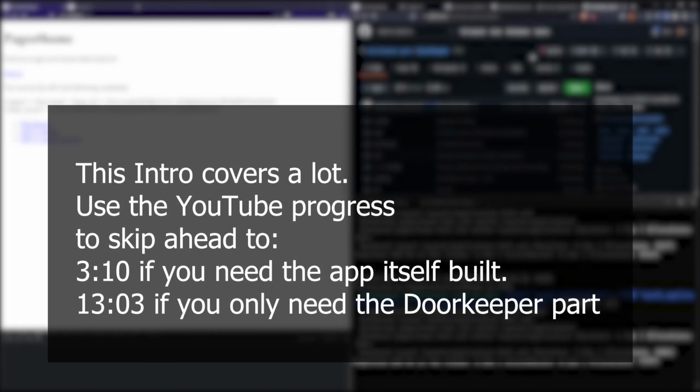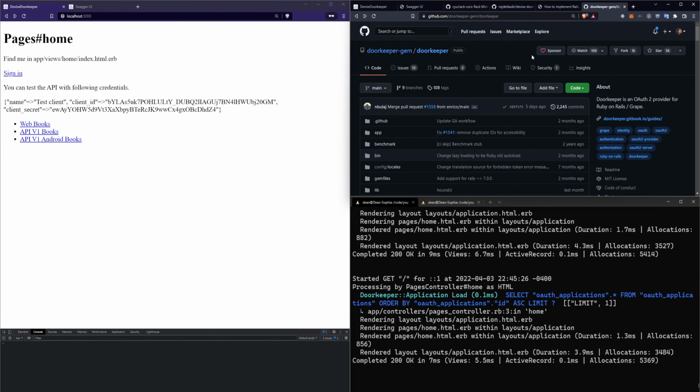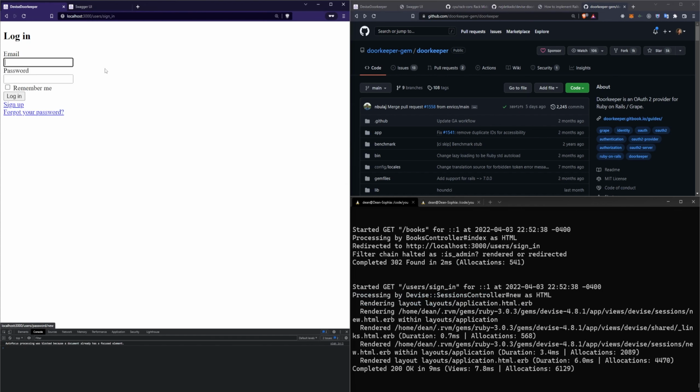This video is going to cover using the Doorkeeper gem to create a proper API authentication system. This is going to give you the ability to have multiple clients that you can authenticate with. So think different applications. You'll actually be administering client IDs and client secrets. You'll have users with their own authentication that they can then use to log into your system through either Rails